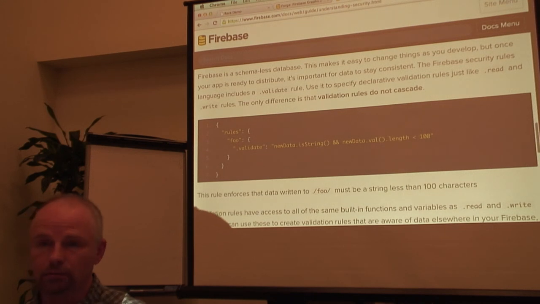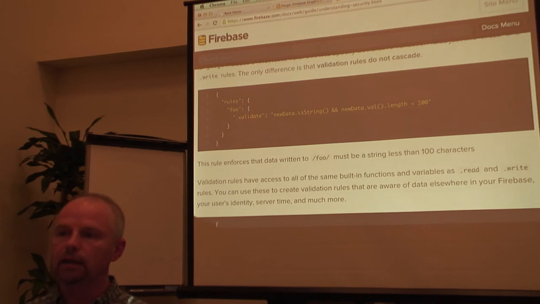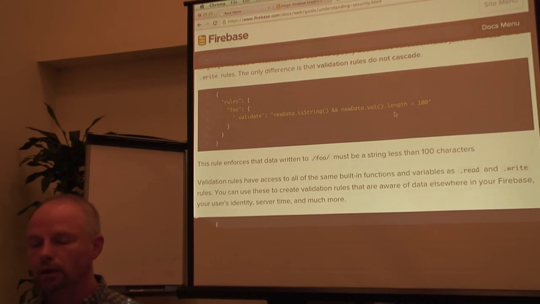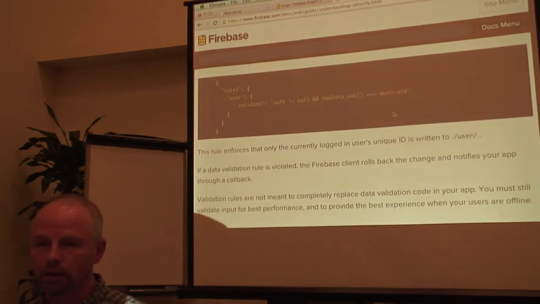And it must be a string less than 100 characters. You can do an incredibly complex validation. You can write in here, okay, is my parent up the chain, is there a field that says writable? And if not, then you can't write below that one. So you can do just about anything you can imagine with Firebase that you can do on a back end,